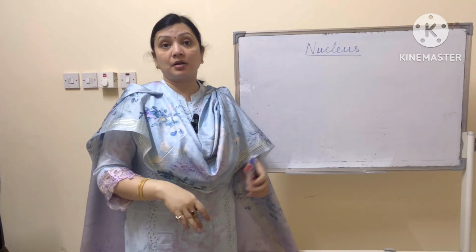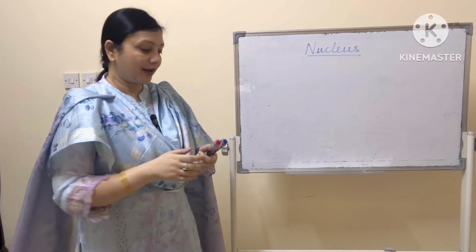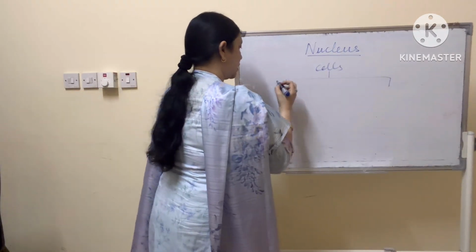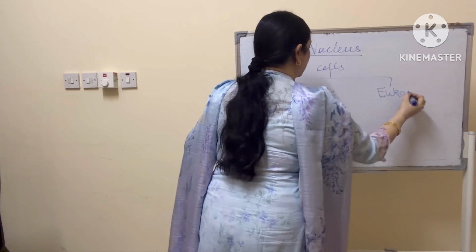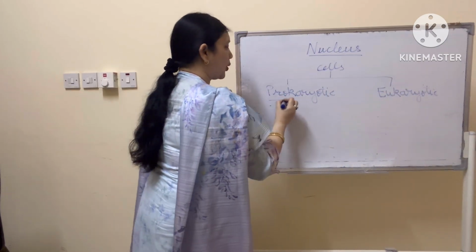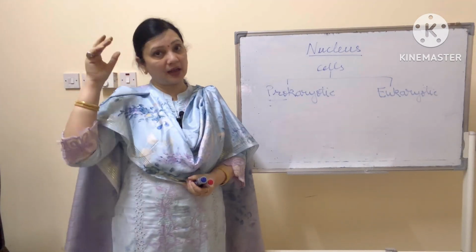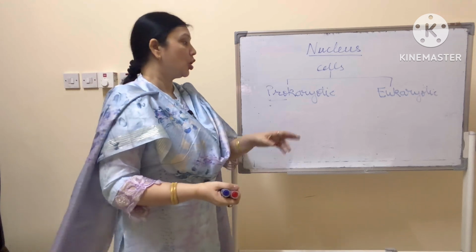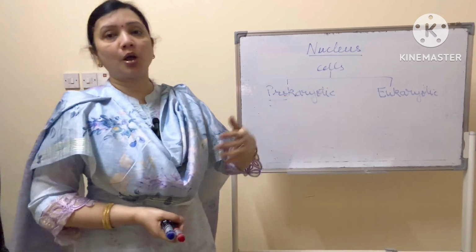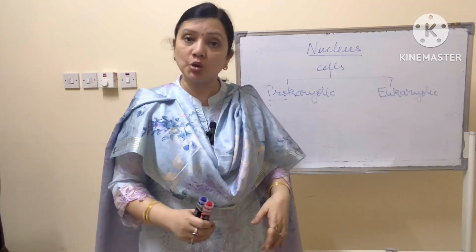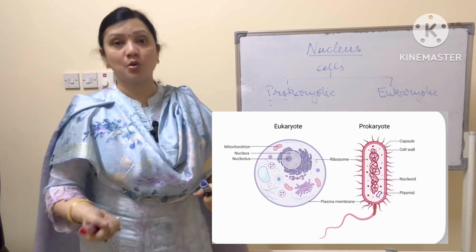Based on how the nuclear contents are placed in the nucleus, there are two types of cells, prokaryotic and eukaryotic. Prokaryotic means primitive cells, those cells which were present when life just began on earth. Example, some bacteria. Eukaryotic are all the modern cells. We have eukaryotic cells, and we are in fact studying the eukaryotic cell.